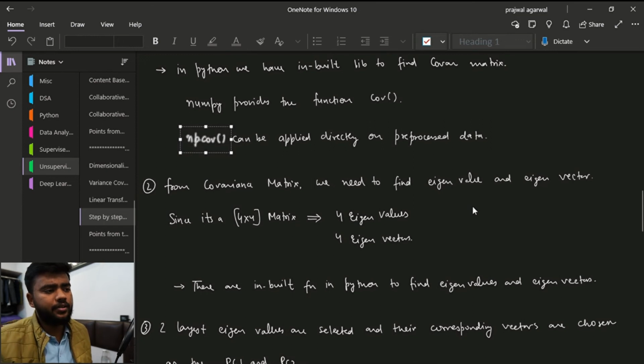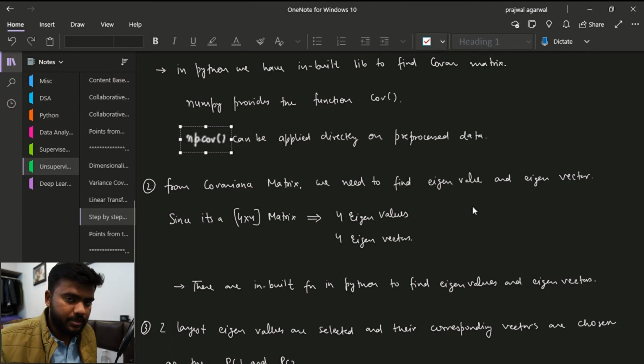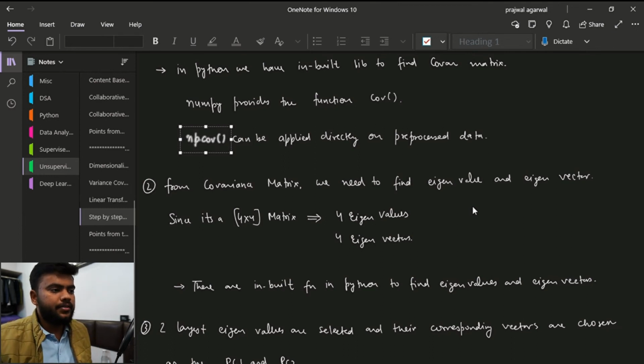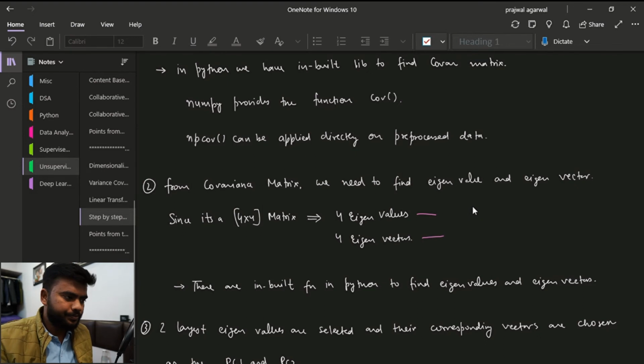Now once we get the covariance matrix, we need to find the eigenvalues and eigenvectors, because the eigenvector corresponding to the maximum eigenvalue is our principal component. Since we have a 4 by 4 matrix, we will have 4 eigenvectors, which means we will have 4 eigenvalues.